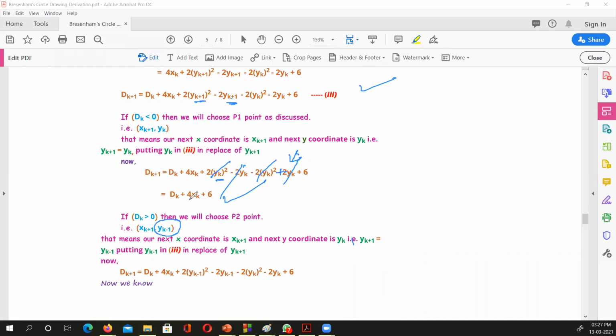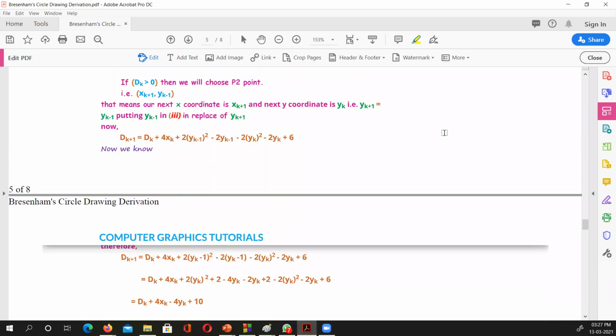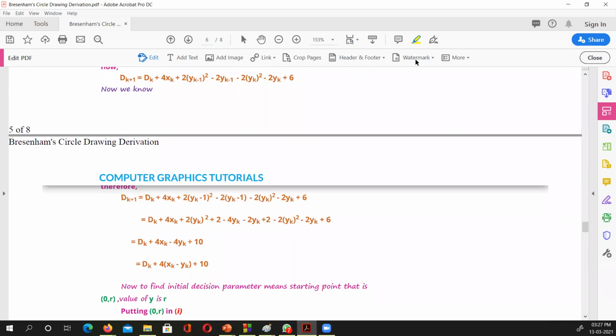ठीक है ना, जहां पर भी k plus 1 होगा वहां k minus 1, और x है k plus 1, वो मैं सॉल्व कर चुका हूं, इसके लिए मुझे काम अब करने की जरूरत नहीं है, अब y के लिए काम करना है. तो जहां जहां मुझे इस इक्वेशन थर्ड में, अब जहां जहां y k plus 1 है, वहां मैं लगाऊंगा y of k minus 1. ठीक है, और इस सूरत में मुझे पता है कि y of k minus 1 एक्चुअली इज इक्वल टू y of k minus 1.